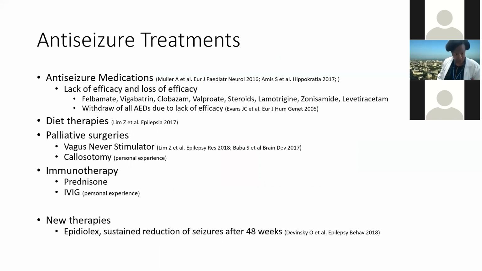And actually, they probably provide the best treatments for many of these epilepsies as of today. In some patients, you can offer a vagus nerve stimulator, or you can do a callosotomy. You can use immunotherapy on some of these patients, particularly those who have West syndrome and infantile spasms. You can do prednisone, ACTH, IVIG. There are some reports. There are new medications like epidiolex, which in my personal opinion hasn't delivered what they promised for this population of patients in particular.